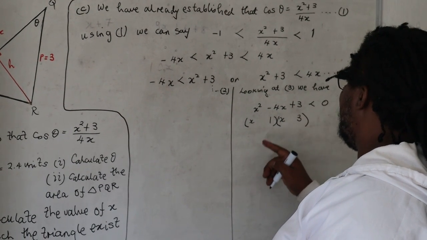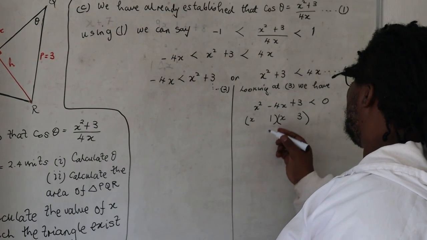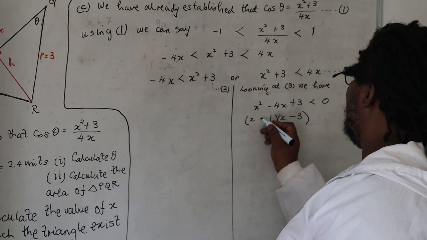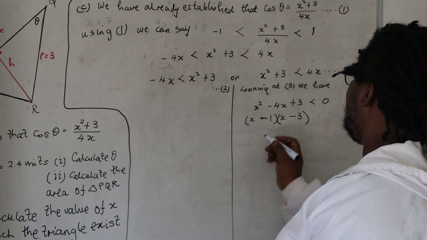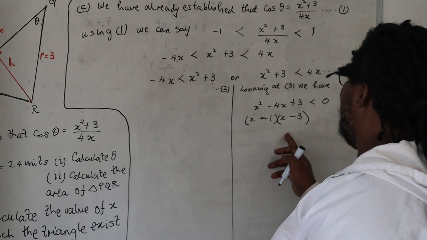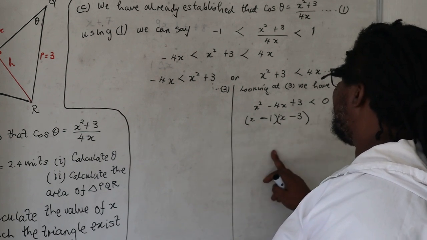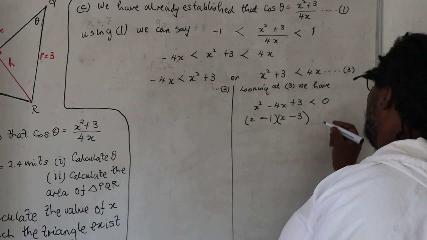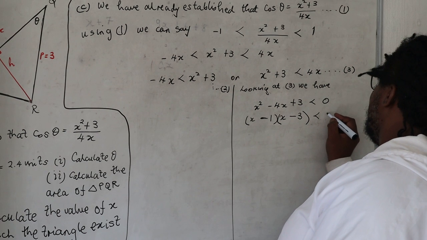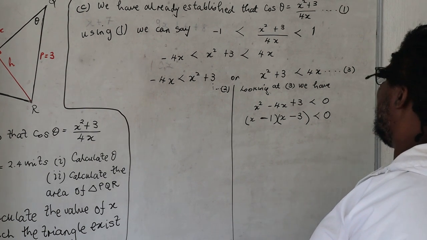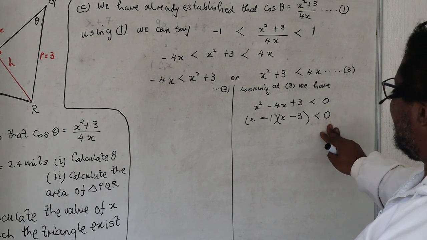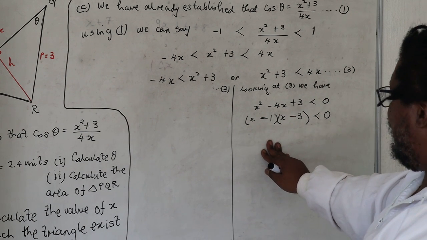We have a minus and a minus there, meaning minus x minus 3x gives us minus 4x, but minus 1 times minus 3 gives us a 3, and this is less than 0. So this expression should always be less than 0 for this inequality to hold,